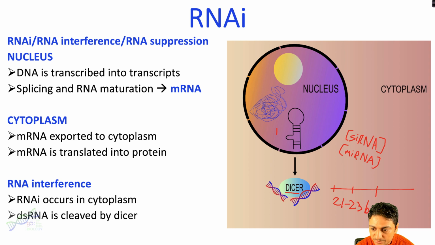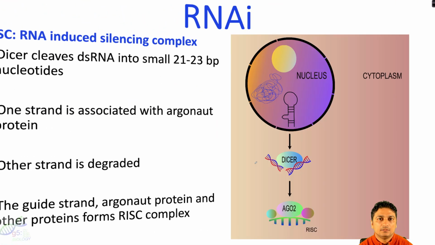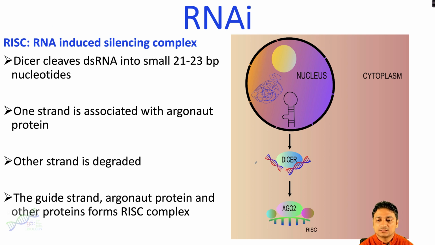So this is the primer for RNAi suppression, and this is step 2. Now let's talk about step 3. In step 3, after Dicer cuts the double-stranded RNA into smaller pieces, 21 to 23 base pairs in size, the Argonaute protein identifies these smaller double-stranded fragments, and it will take those double-stranded RNA molecules, and